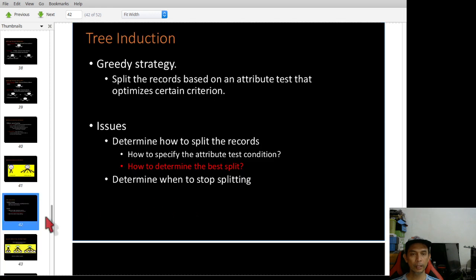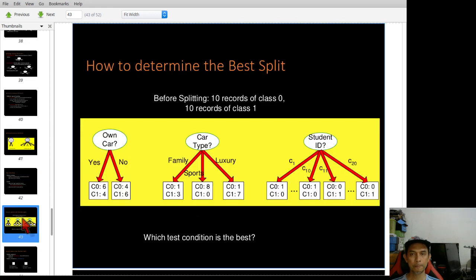So how to determine the best split? This is one question over here. Which condition is the best?